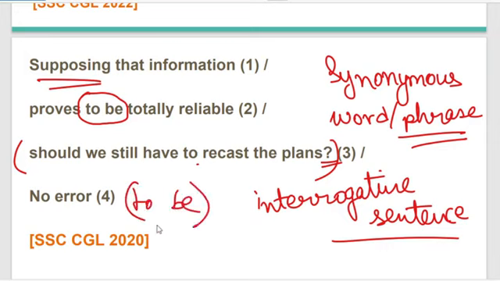Now "to be" is actually used for those situations which have not happened yet, but it will happen. There's a high chance, a high tendency of happening, but it has not happened yet. It is going to happen. It will happen. So in this kind of situation, we use words like "to be husband," "to be teacher," "would